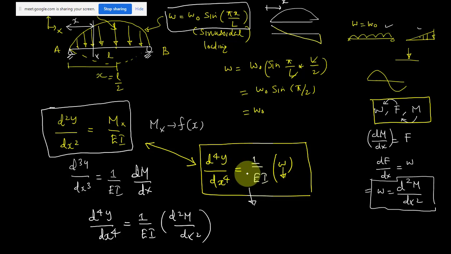So I think this is clear. Finally we got this equation from the same equation only. It is not different. The differential equation for the elastic curve is also the same, but here we have replaced the moment with load intensity, and both are functions of x. This W is also not constant; the load is varying with respect to x. So it depends on the given problem.